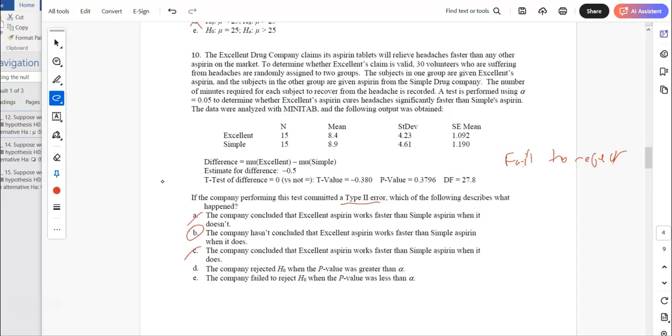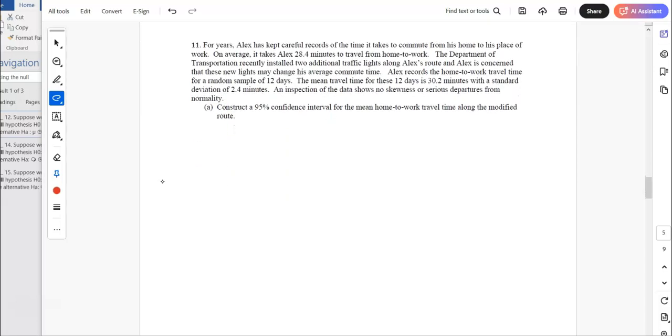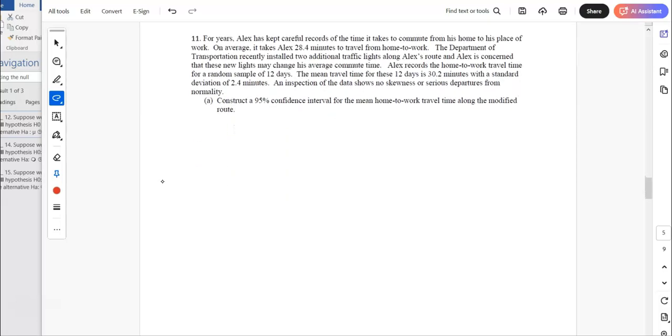Company rejected the null. No. Company failed to reject when the p-value was less than alpha. No, that's not the kind of error we're talking about here. That's just not knowing how to do stats there. Errors happen when you use stats, but not that kind of error. Okay, so